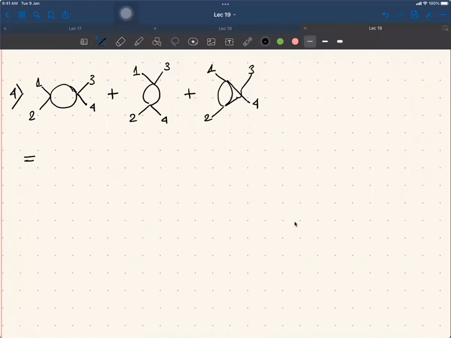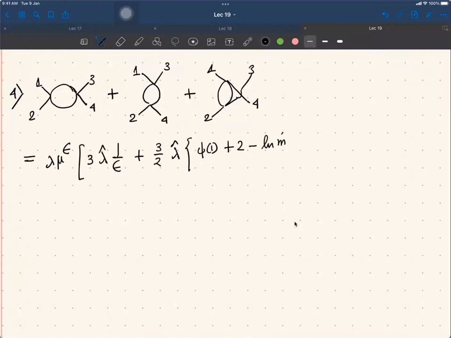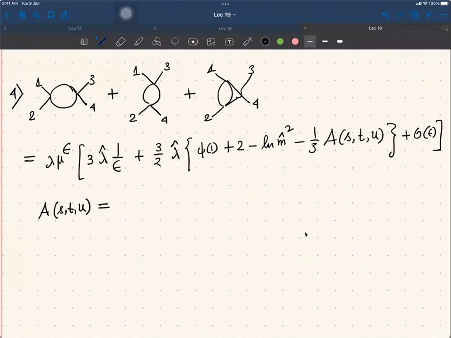And if you do that, then convince yourself that you get this result, where A is given by